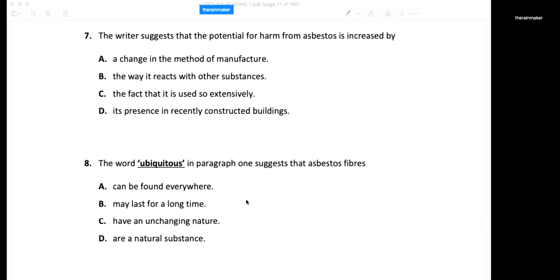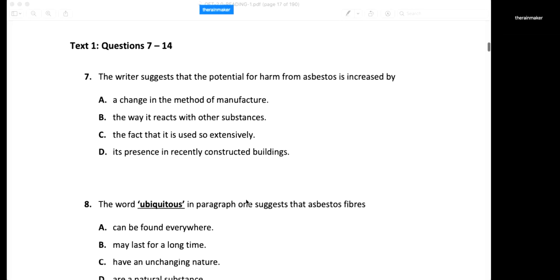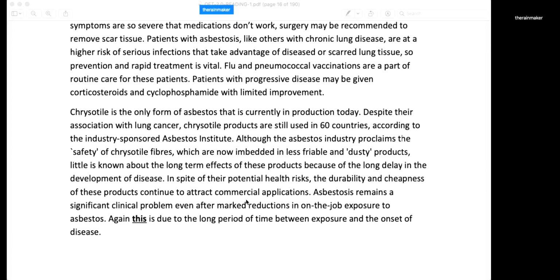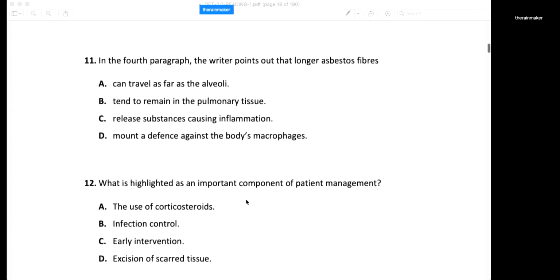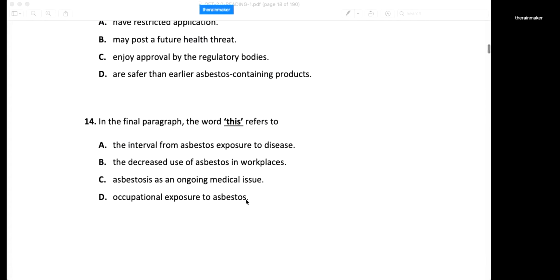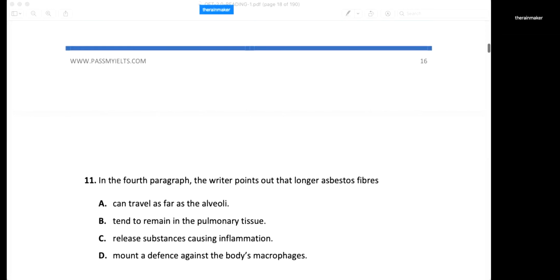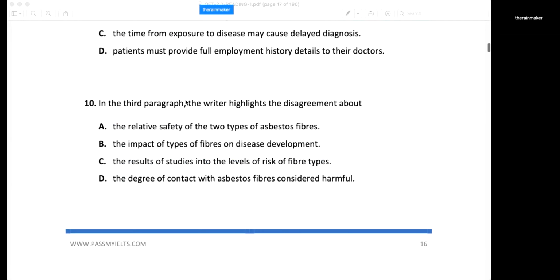And if there are 8 paragraphs, then you're lucky. One question per paragraph. And you must be noticing the bold word this at the bottom. Since this is the last paragraph, you will see that it is going to be your last question. You see? In the final paragraph, the word this refers to, right? And they also specify in the 4th paragraph here. So first of all, what you do in the 3rd paragraph is you read your question, then you read your options,